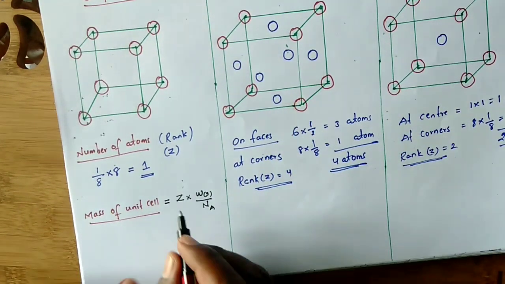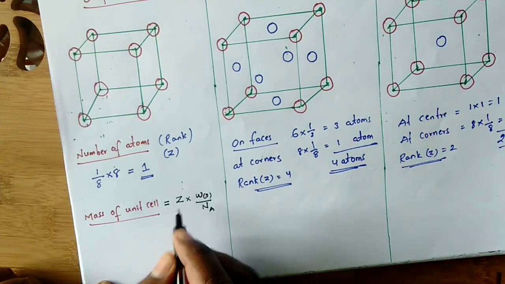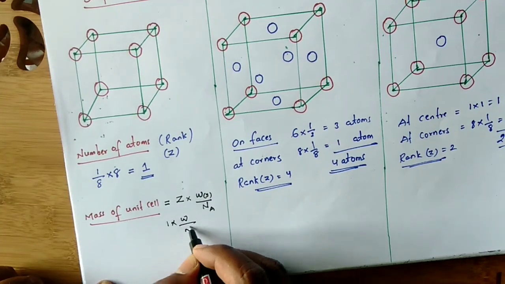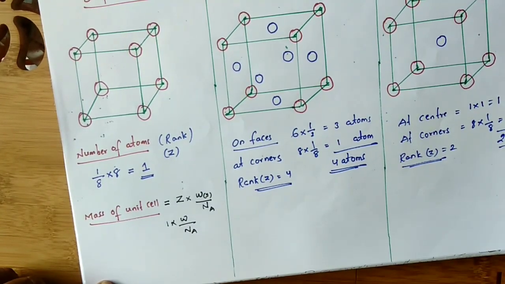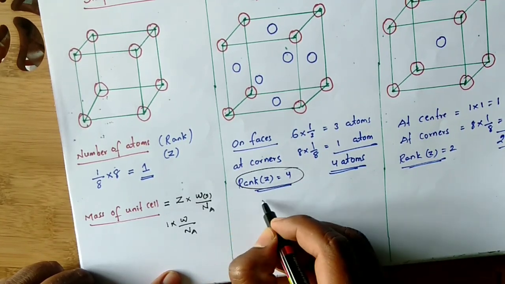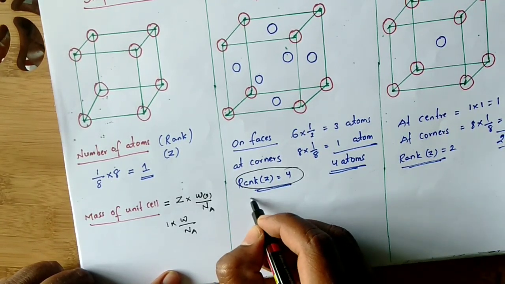Okay, in this also generally how many atoms are there? Only one atom, so Z equal to 1 here, 1 into W by Na. Okay, but here how many atoms are there? The rank is 4, so for this one, mass of unit cell